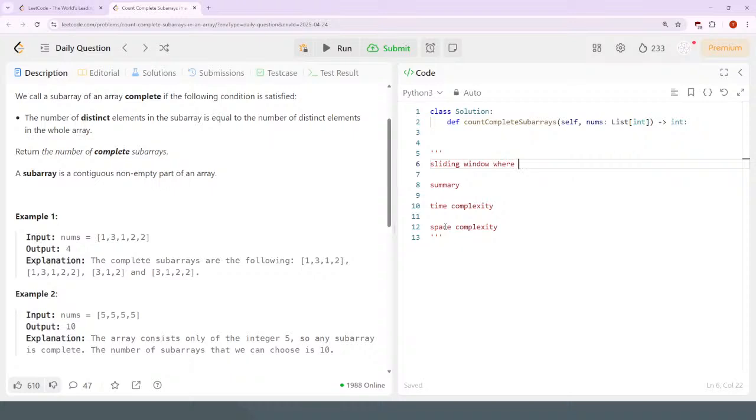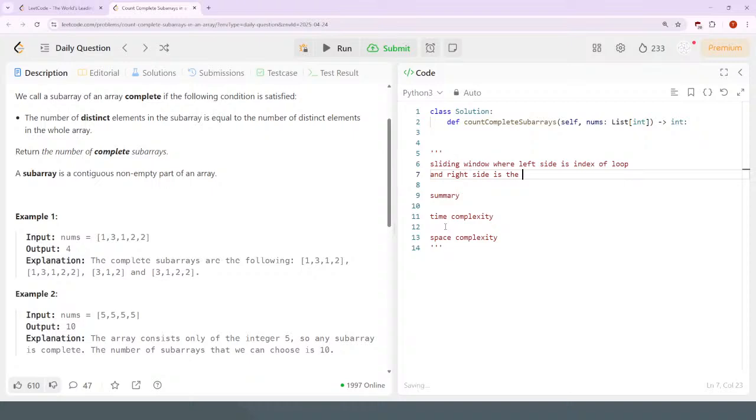The loop will go through all the left sides. The left side is the start of the window, the index of the loop, and the right side is